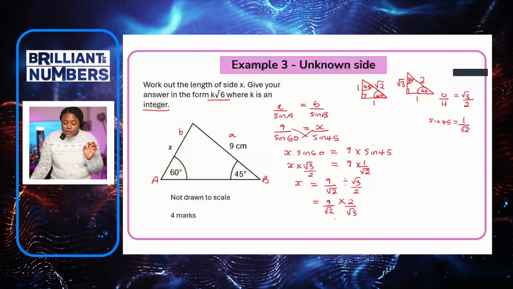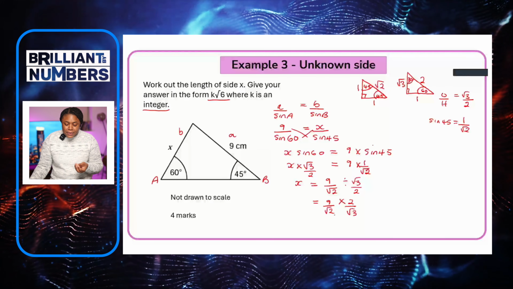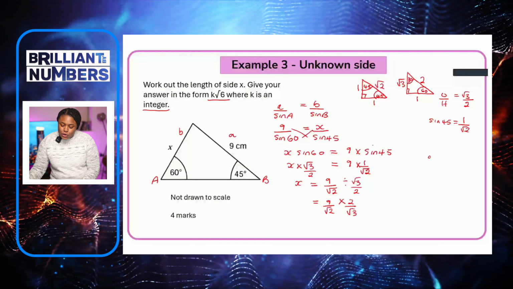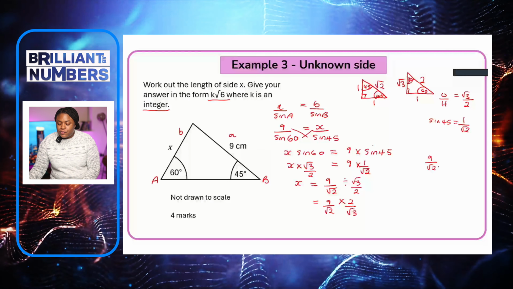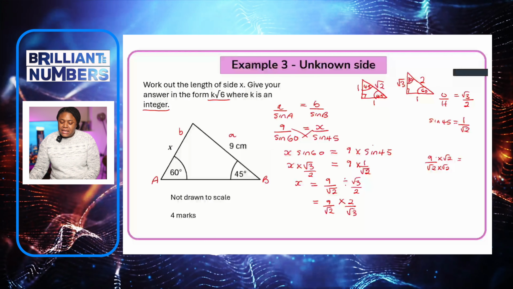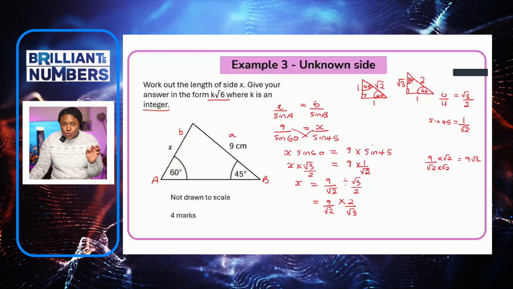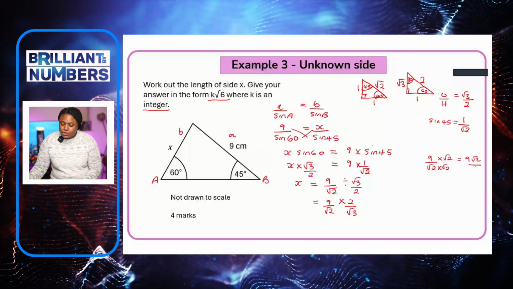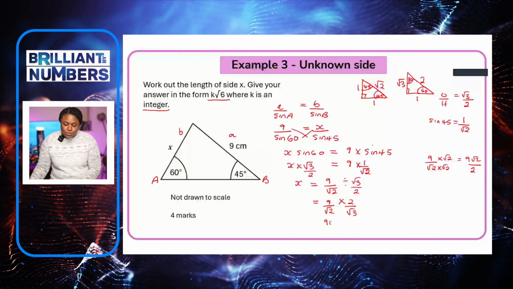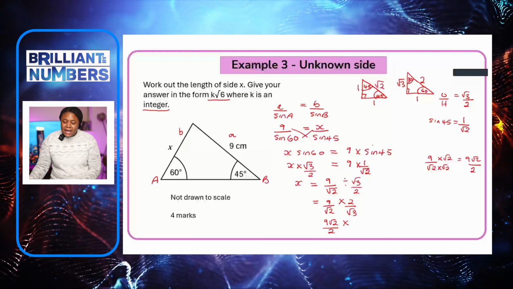Brilliant. Now, if you notice here, we also need to rationalize our denominator. So I'm just going to rationalize 9 over root 2. We've got to multiply by root 2. So 9 root 2 we will get from our numerator. And remember, root 2 times root 2 is just 2. So all of this here will give us 9 root 2 over 2,